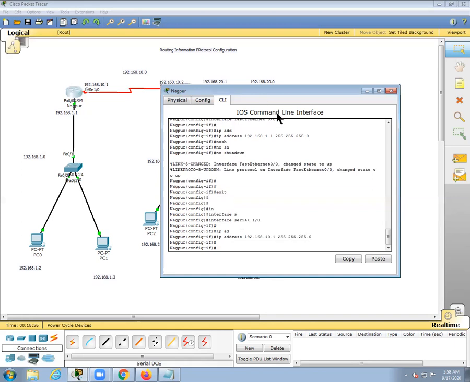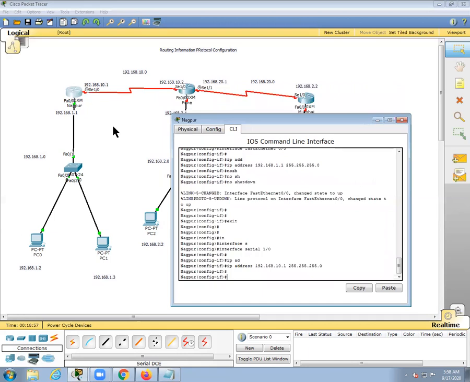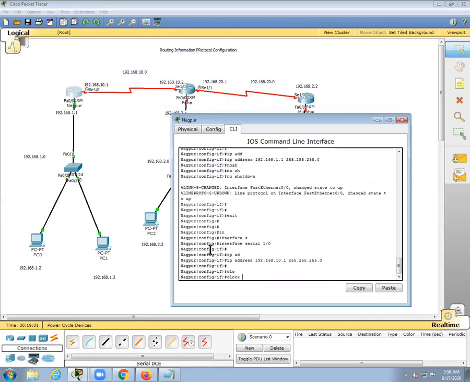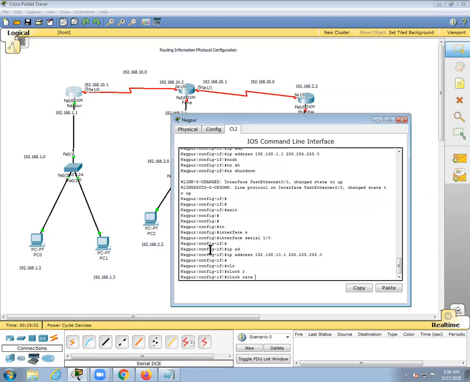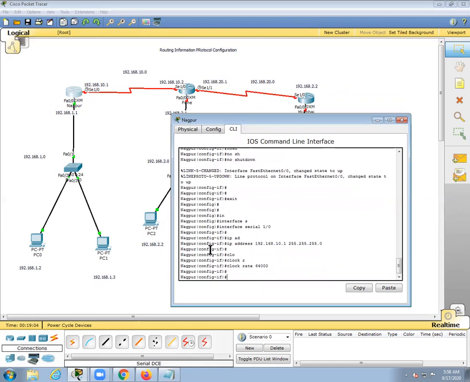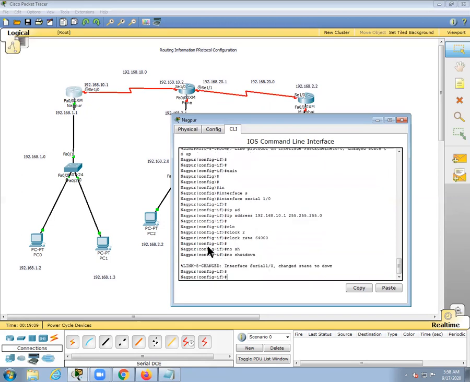As I told you earlier in router configuration, the clock is showing here, so we first have to set the clock rate. The clock rate is for synchronization purposes, so that synchronization can happen. Then we give the no shutdown command. Still it is not going to come up, because we need to set both interfaces of the link, and only then will this line turn green.